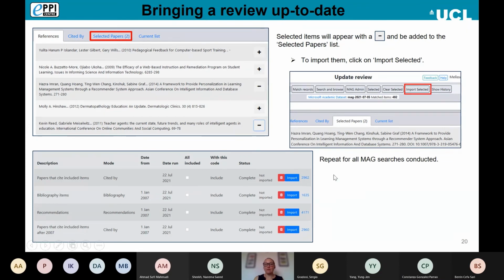Then you would go through that process for any of the other searches that you've conducted within MAG. You can see here that I have done 4 different searches. This was my initial search for items that cite the papers in my review, but then I decided I should really limit it to the ones after 2007, but that only cut it down by 2, so it didn't really save me much after all. I also wanted to look for items in the bibliographies and items that recommend